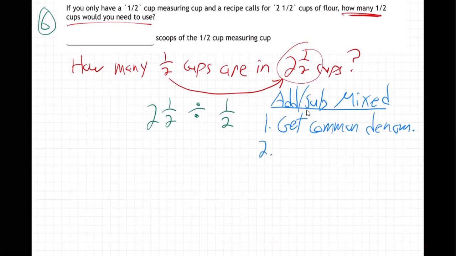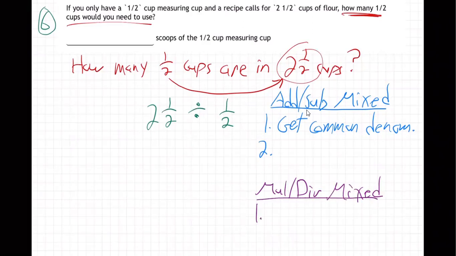And step 2, you, what did I want to say? You get a common, well, let me move on. Sorry, I'm kind of forgetting what I wanted to say. There's something important. It'll come to me in a minute. Let me come down here to multiply, divide. When you want to multiply or divide mixed numbers, first off, number 1,